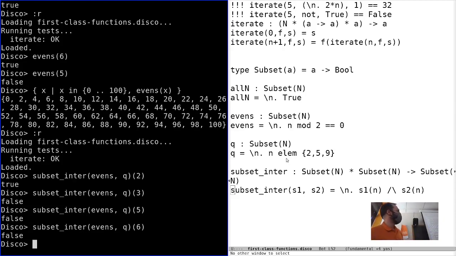And you can write union, you can write difference. You can even write complement, which we weren't able to do with finite sets. So there's definitely some things we give up, but this is a possible way that we can represent infinite sets, and depending on our use case, this might work for us. But it's also just an interesting example of using